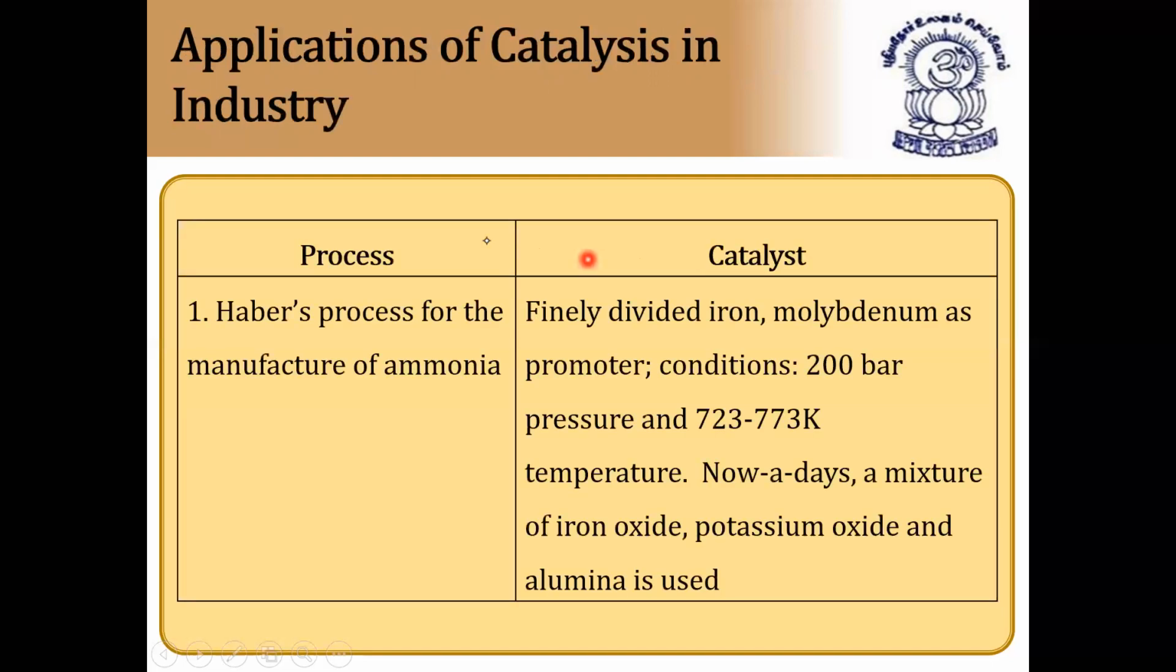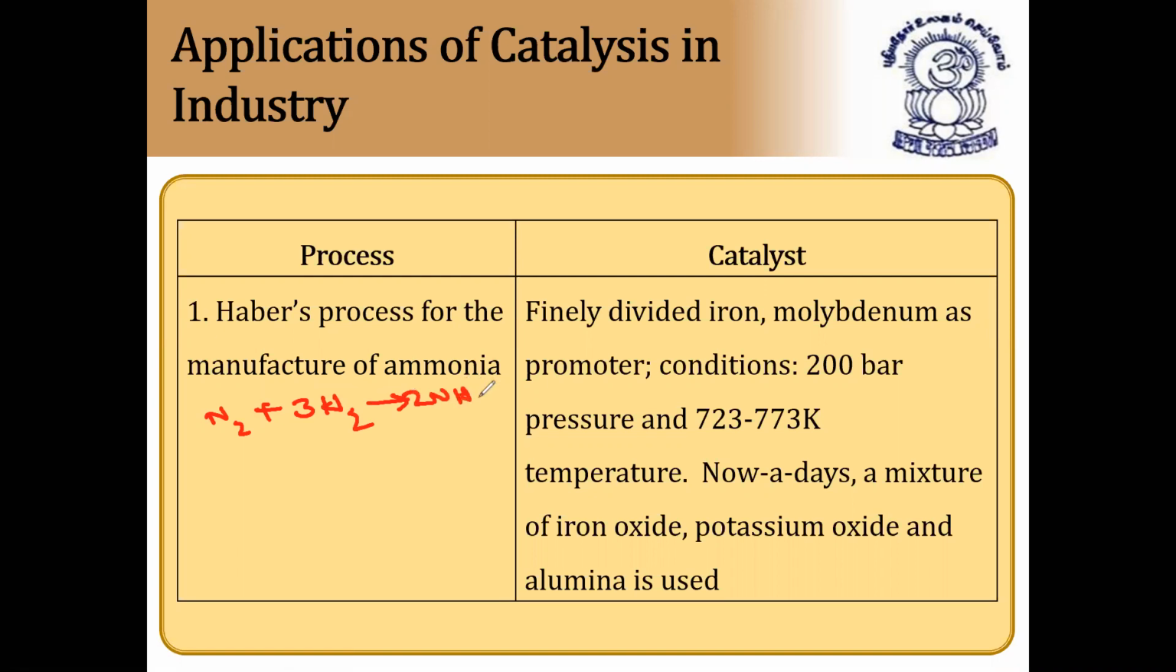Next, applications of catalysis in industries. First, Haber's process for the manufacture of ammonia. Finely divided iron is the catalyst, molybdenum is the promoter, and the conditions are 200 bars high pressure and 723 to 773 kelvins optimum temperature. Nowadays, a mixture of iron oxide, potassium oxide, and alumina is also used. This is the preparation of ammonia by Haber's process, and the reaction you already know: nitrogen plus hydrogen